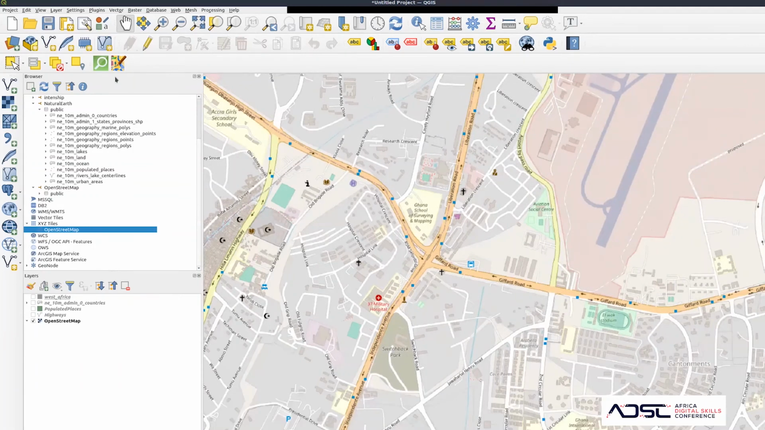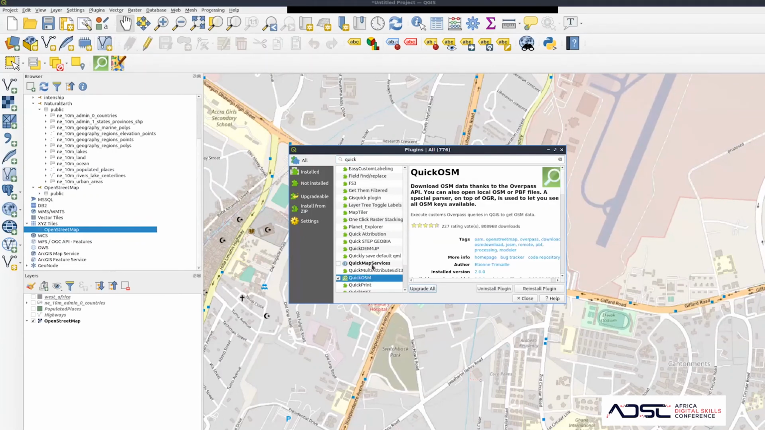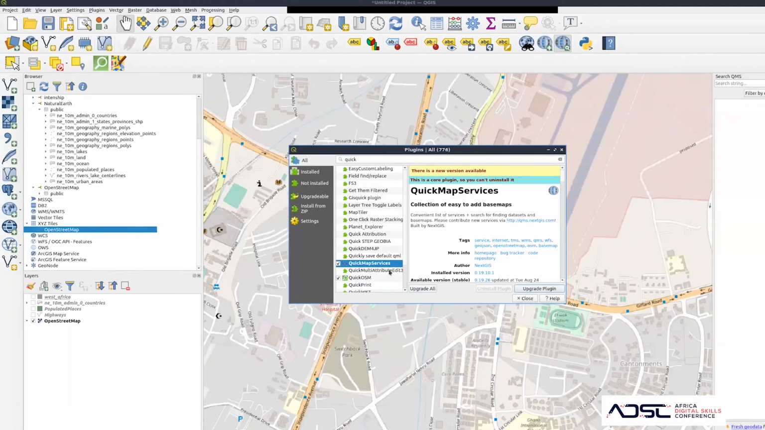So with the plugin called QuickOSM, QGIS is open source, and it has an API, an interface for Python. So if you know how to do something with the Python programming language, you can write native plugins that use the QGIS interface to make your workflow easy. Maybe you are doing something which is repetitive, or the feature is not in QGIS by default. You can put this together yourself as well. With the QuickOSM plugin, which I've already added, there's also an interesting plugin called QuickMapServices, which allows you to add